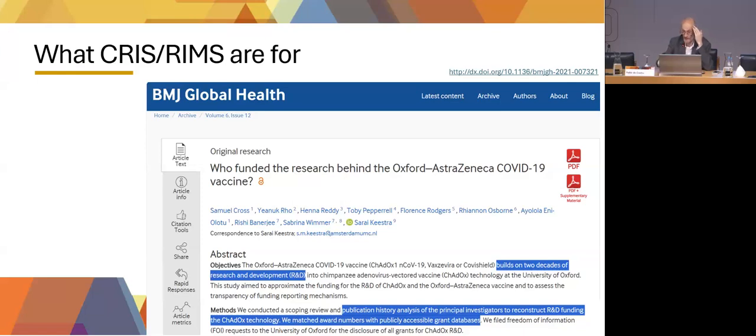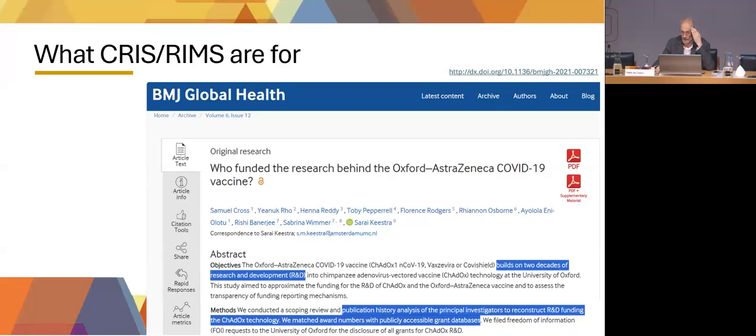So a couple of interesting things about this paper. First, the corresponding author is from the Netherlands, which is interesting. She's at the medical center at the University of Amsterdam. All the rest of the authors are British, or at least affiliated with UK universities. The lead author is in the Netherlands, which is, again, interesting when you're looking into the research funding streams into a unit, the Jenner Institute, where this COVID vaccine was produced at the University of Oxford.